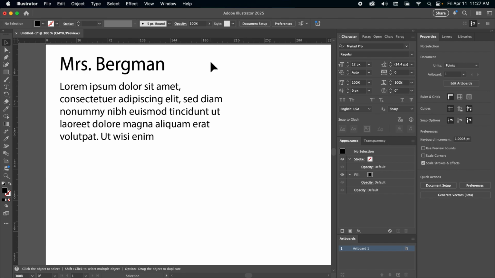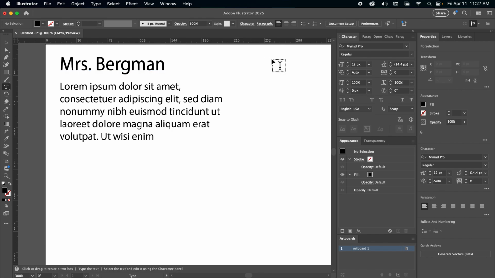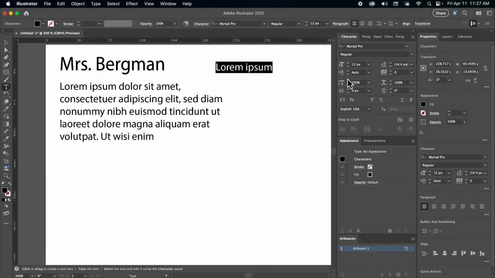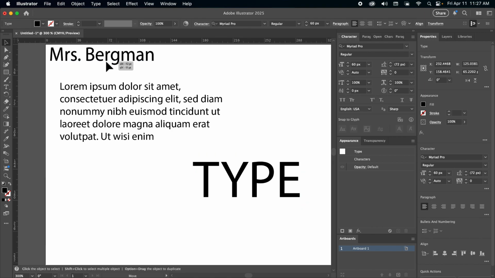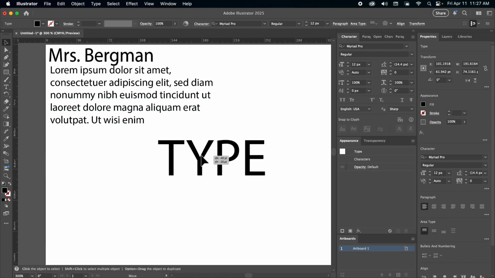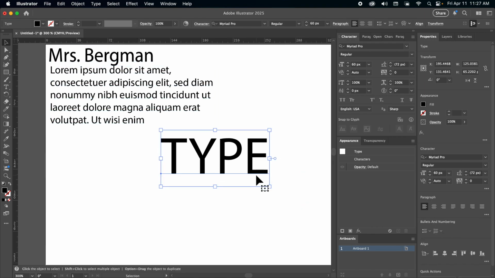For step number 5, we're going to learn how to stylize our type just using the regular properties panel. So we're going to create a piece of point type. Type the word type, not yipe, but type. Yipe is pretty funny though. And I'm going to go ahead and make this much larger so that you can see it, but you do not have to work this large. Okay, there's my point type.